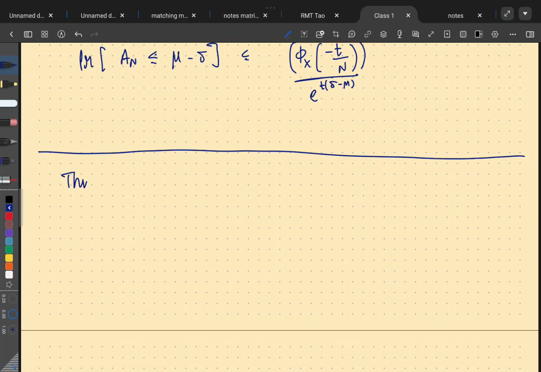So if X1, X2 and so on are IID Bernoulli P random variables, then